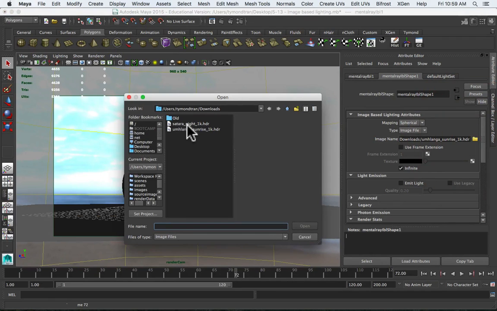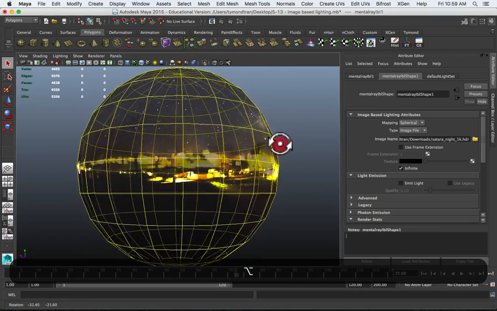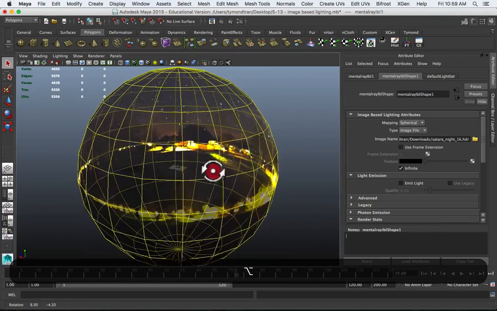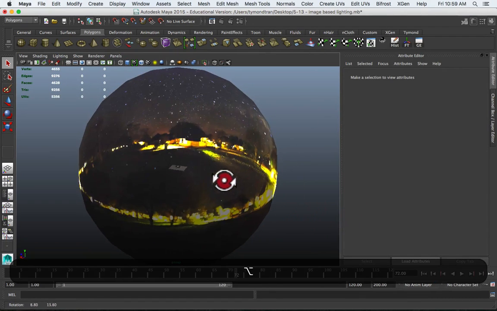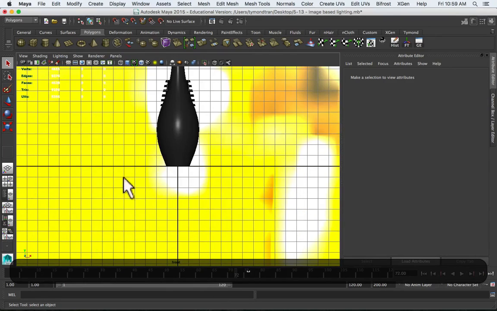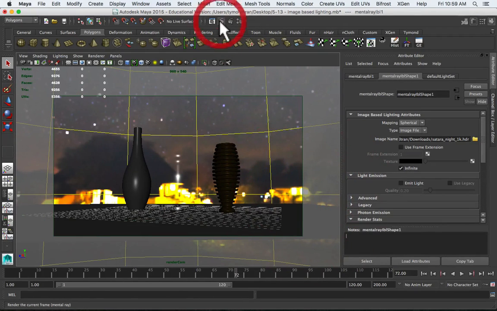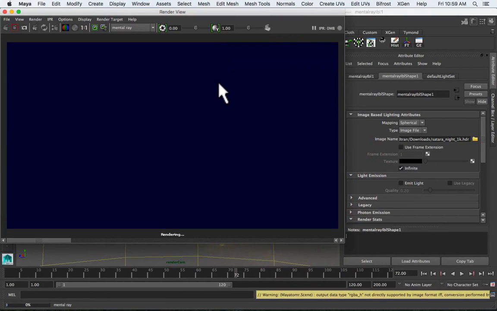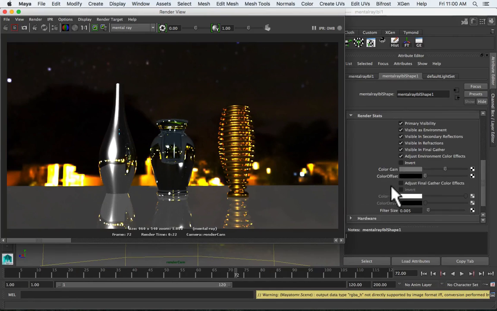Let's say that you downloaded a dark one, a nighttime one. Because it's sort of like reflecting off of the lights, this one's going to be much darker. There's not as many lights to illuminate this. So let's just test it out and do a render. It is turning out kind of dark. The darks are a little too dark. So once again, we'll check into the render stats. This color gain,